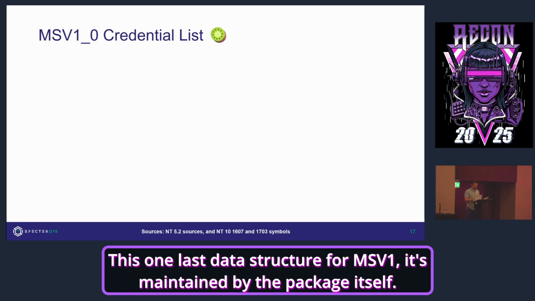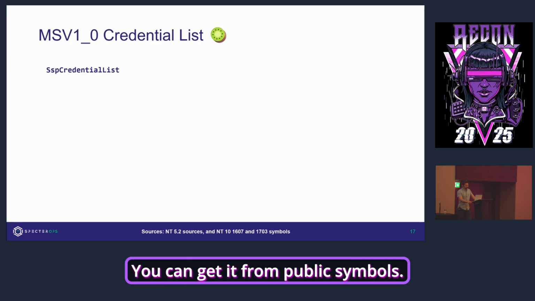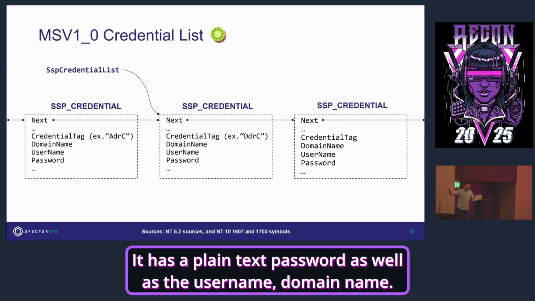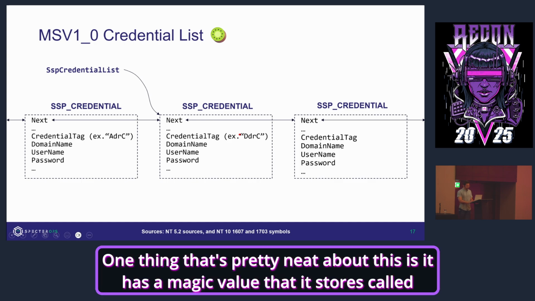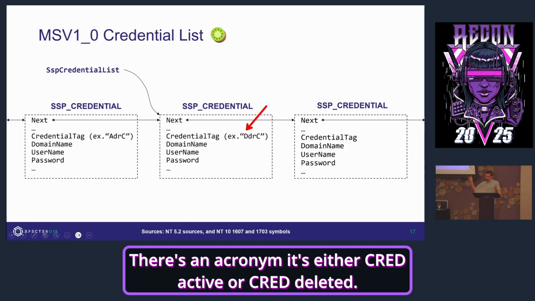There's one last data structure for MSV1. It's maintained by the package itself. It's called the credential list. It's a global variable you can get from public symbols. It points to a doubly linked list. It has a plain text password, as well as the username and domain name. One thing that's pretty neat about this is it has a magic value that it stores called the credential tag. It's either cred active or cred deleted.